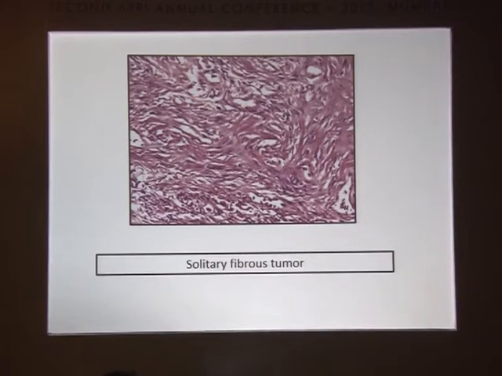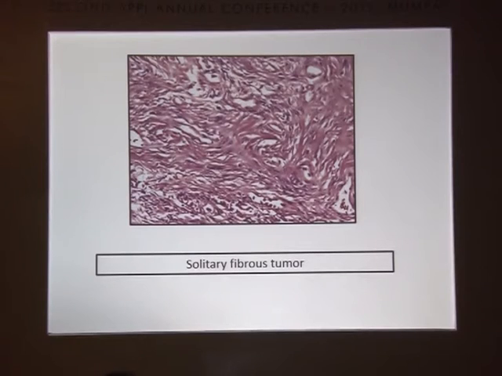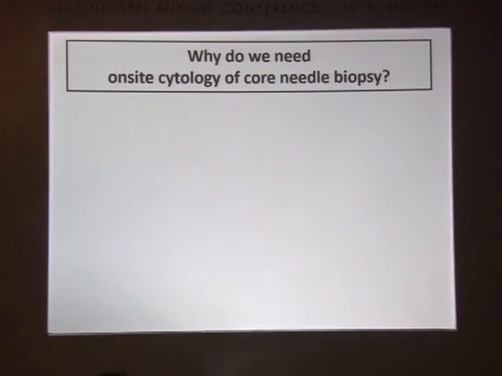So in this particular case, we had given the diagnosis of benign spindle cell lesion. We did not characterize it further, but we said it is definitely benign and it is a spindle cell lesion, not at all a second primary. So here it not only told us that the sample is adequate, but we also gave a rapid diagnosis. So it serves the dual purpose.